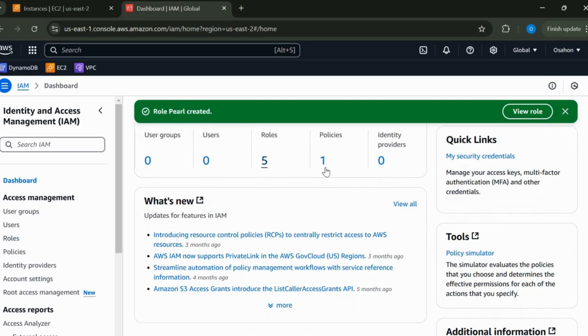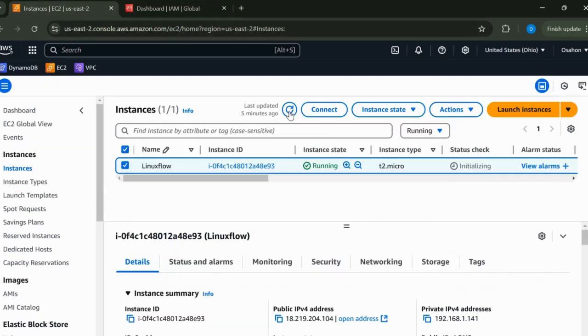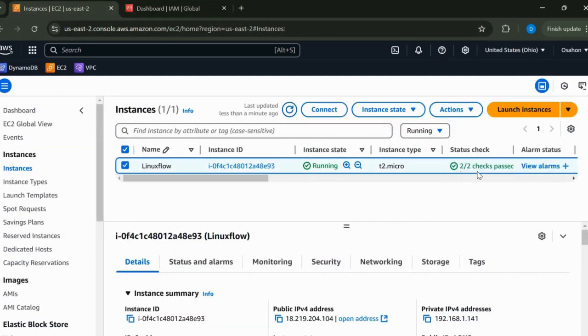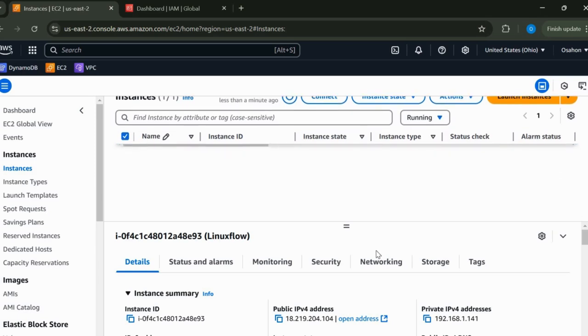Go to the dashboard, the policy, a new policy created and an additional role has been created. All we need to do is go back to the instance and see what the update is. Now our instance is showing 2 of 2. I'll run straight down